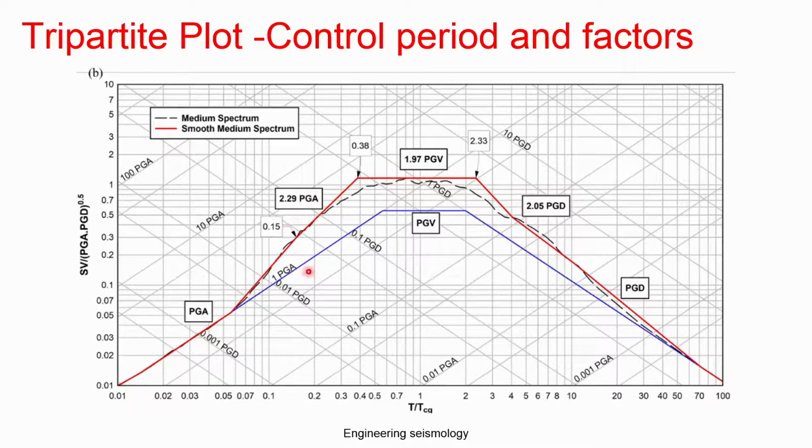This is the typical design spectrum we have developed for North India as part of our research. These papers are under review, so I do not disclose too much about the results, but I will give you the idea of it. As I told you, this is the median curve, the median curve smoothed and averaged from a large number of response spectra plotted in the tripartite. Then I fit that by straight lines,